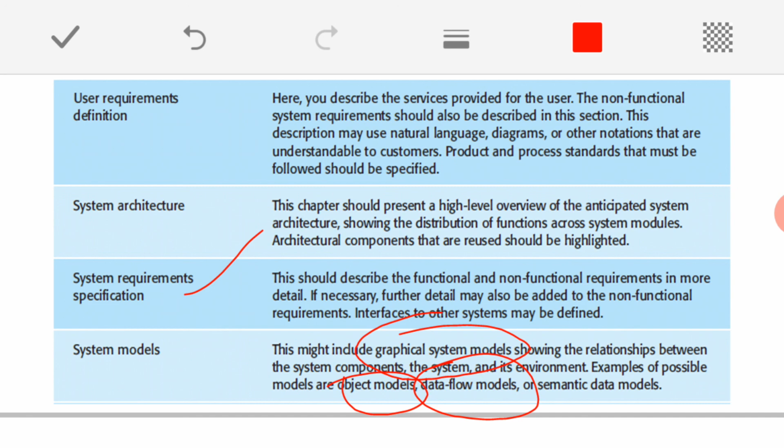And if you try to recall our insulin pump example case study, we discussed one activity diagram there, showing how exactly that insulin pumping system is going to work. That is one type of diagram which depicts how a particular system is going to work.